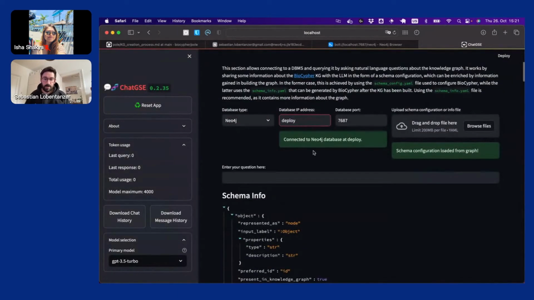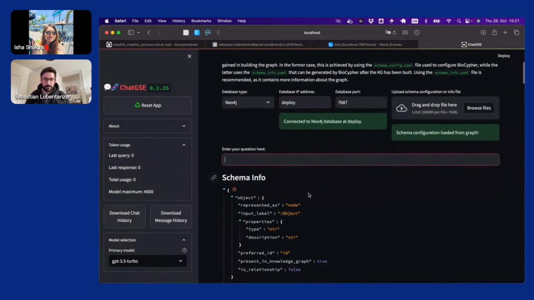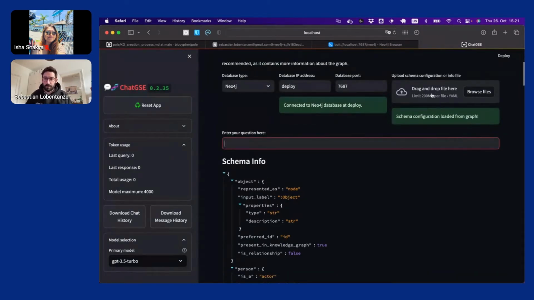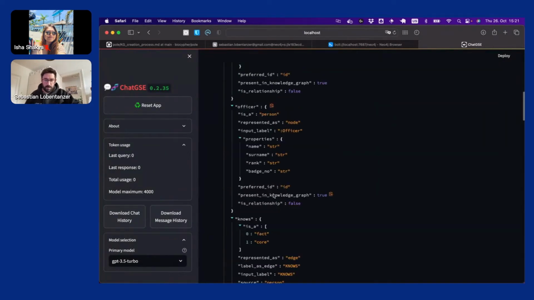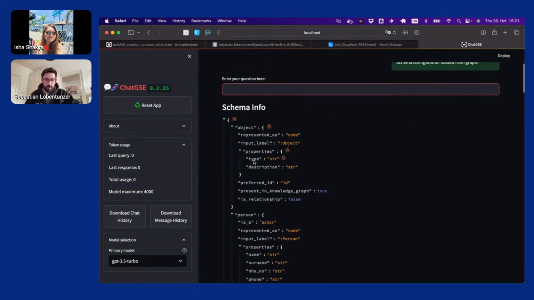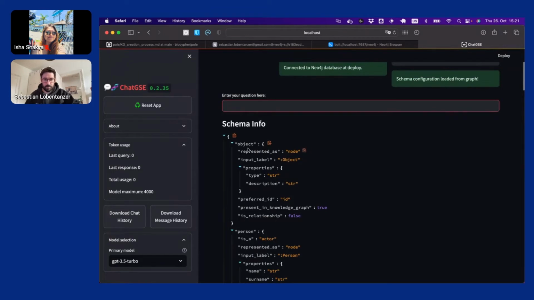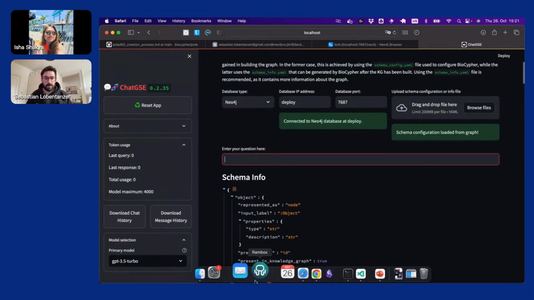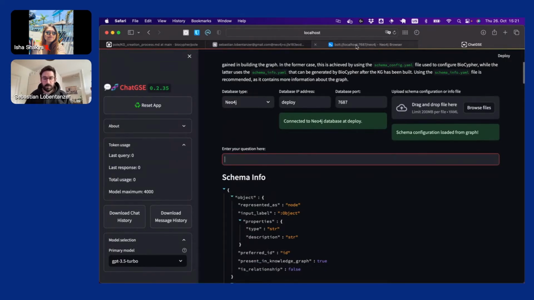So then we can go to the question answering screen. If you have loaded a schema configuration or info file, you are presented with the contents. So this is again the YAML file, but just as a usability, user-friendliness measure in the website. And then you can start asking your questions.